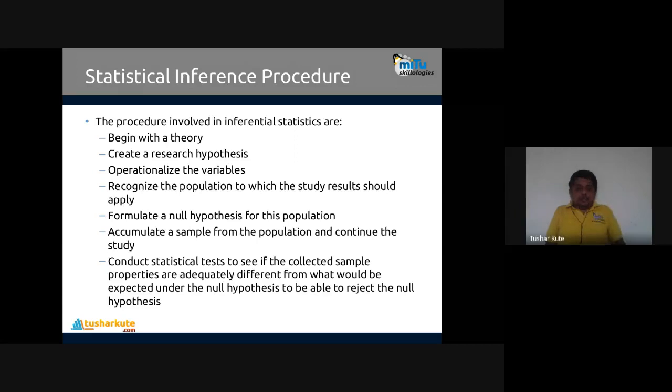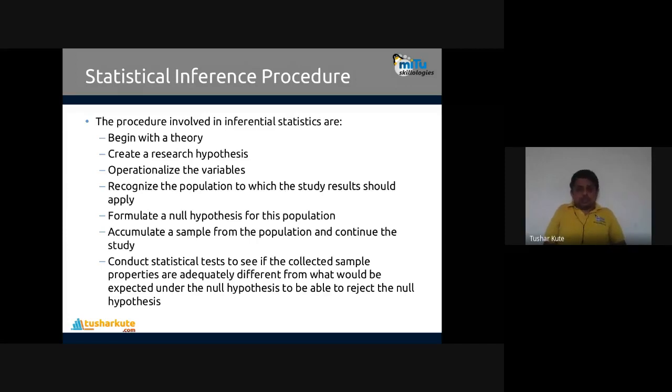Now I want the data. On this data, I want to apply this study. So I'll collect the data for that with some set of features present. The features mean input variables. You will apply those input variables, and after that I will formulate a null hypothesis for this population. Again, in hypothesis testing we'll talk about the null hypothesis. Null hypothesis means, I'll summarize it first: it is something which is already proven and is now a universal rule.